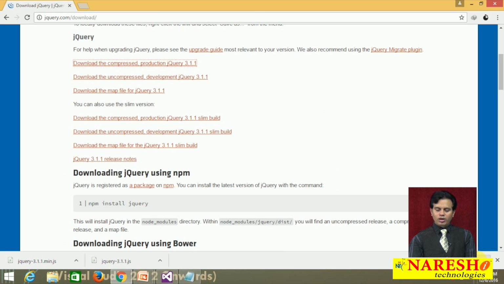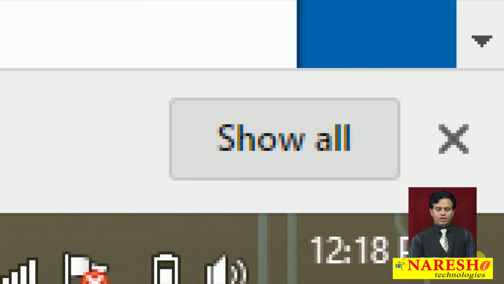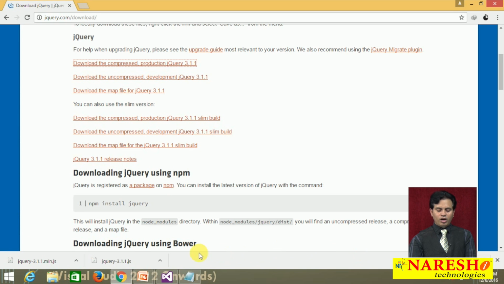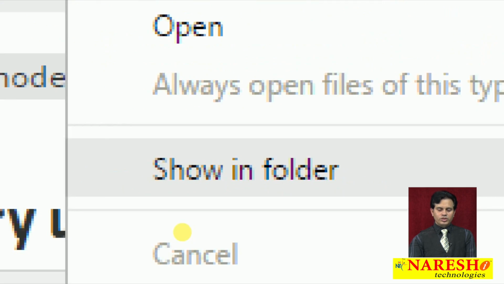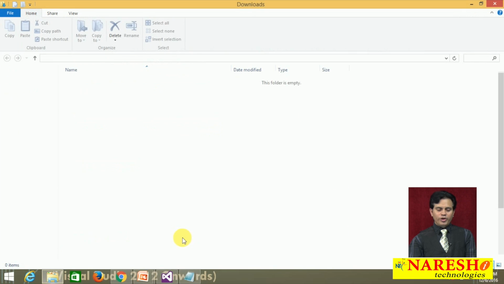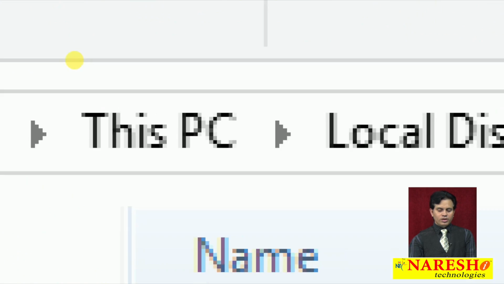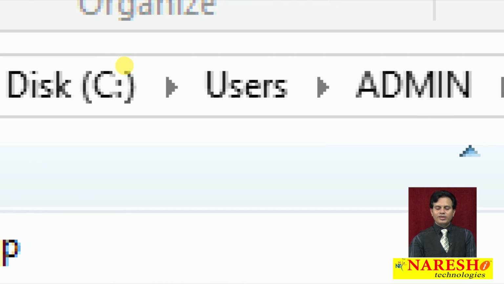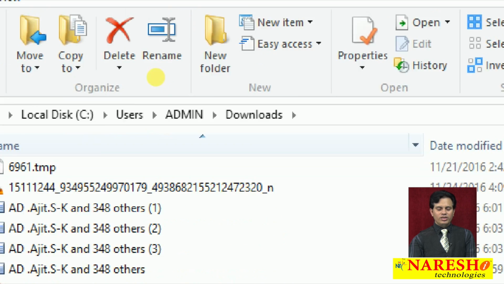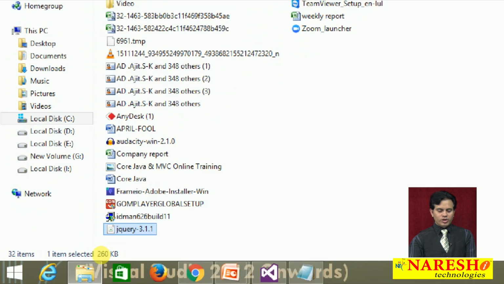There is an option available, Show all. Click from here, and it will show all in the folder location. By default it downloads to the Downloads folder, or maybe you have given some other folder location for files downloaded from the internet. So it is stored in that location. Or simply come to this file, click on it, and choose the option Show in folder. Just click on Show in folder and it is going to open the folder location. So in my Downloads folder, this PC, local disk, Users folder, admin folder, in the Downloads folder, this library is available with the name, you can see,